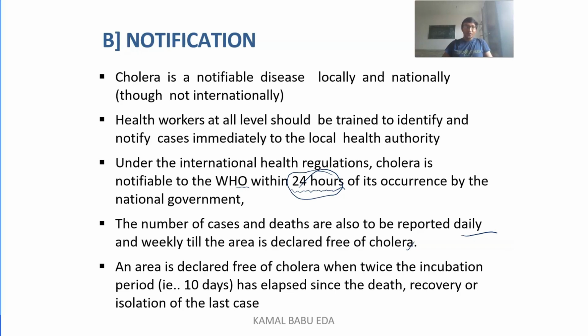In the same way, if you find any patient with this cholera, if you find any suspicion case, you have to inform the local authority. And if you confirm the case is having this cholera, you have to inform the WHO within 24 hours of the identification of disease. And once you have started informing WHO, you have to send all the daily reports, like how many new cases have been identified, how many cases have been hospitalized and how many deaths have occurred. What is the incidence rate of the disease per 1 day, per 1 week and per 1 month,